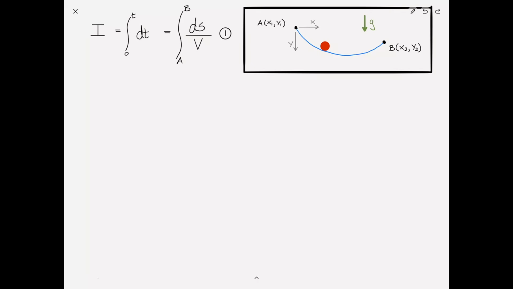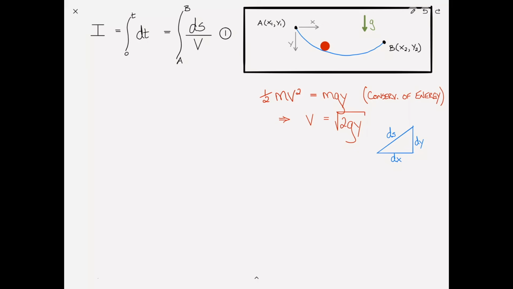The kinetic energy of the marble is 1/2 mv squared, and that is equal to the loss in potential energy. Now, because I've defined the y-axis as pointing downwards, that's just equal to mgy. The kinetic energy of the marble is equal to its loss in potential energy. And this can be solved for the velocity equal to the square root of 2gy. To come up with an expression for ds, I've shown this in several videos before. There's a link to that above.